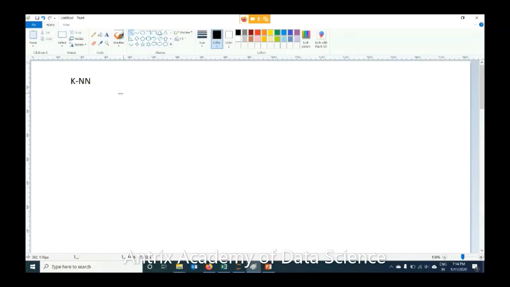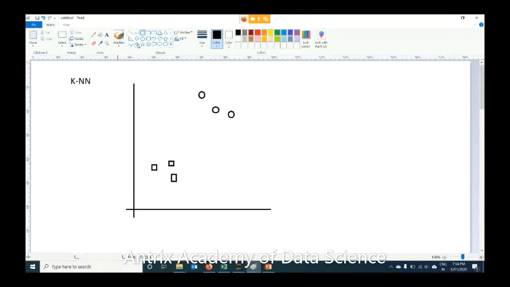First and foremost, let me work out some visualization. Say I'm having two groups of data with me. One group is this square. The other group is, you can say, round shapes. I'm having 6 values with me. If I get a new value, say one value is here, let me color it red, and let me